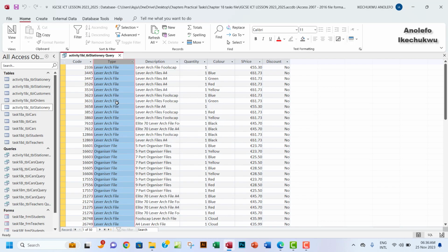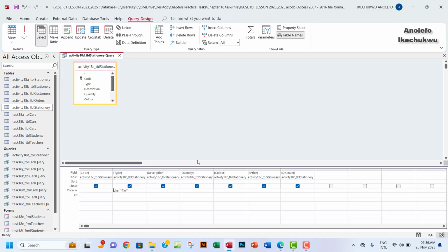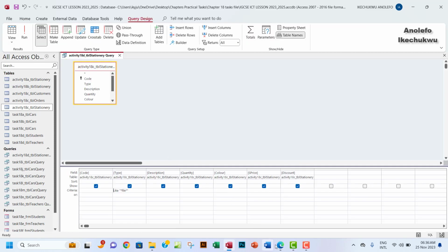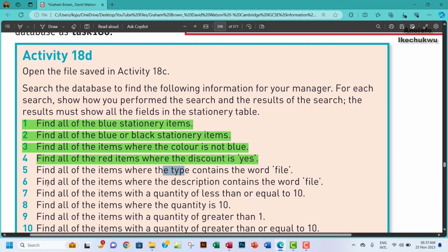There's always file somewhere. Even if there's any other thing, it should have given it because of the nature of the question. All right, so how many records do we have here? You should be able to get about 50 records for this question. That's question 5. Okay, so for question 6, find all the items where the description contains the word